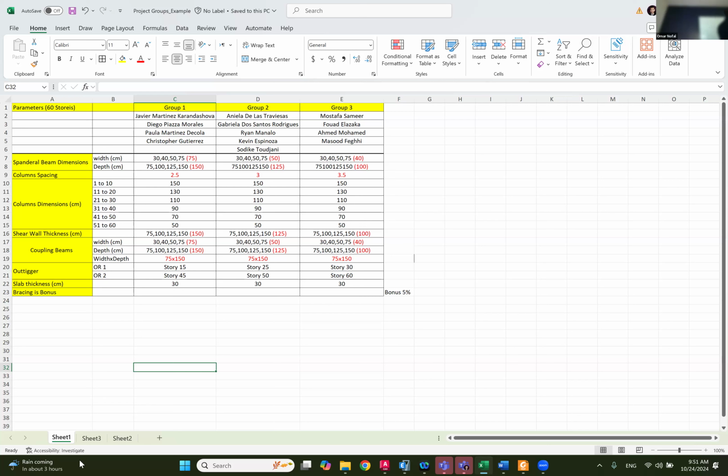What else do we want to do? Yeah, maybe we are going to look at other parameters, but that's what I'm saying. So you have all this for each model, so you are going to draw a curve. We're going to see how, for example, the coupling beam